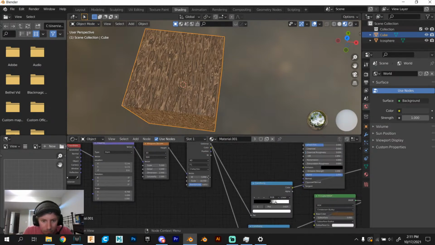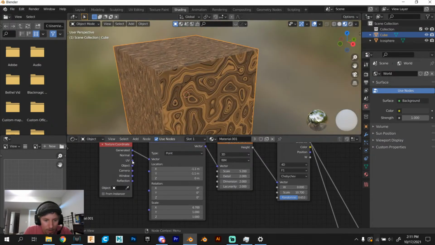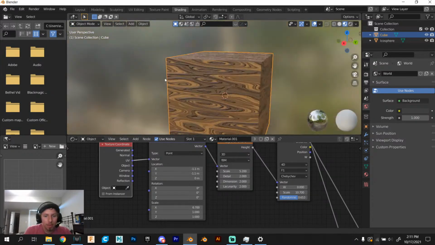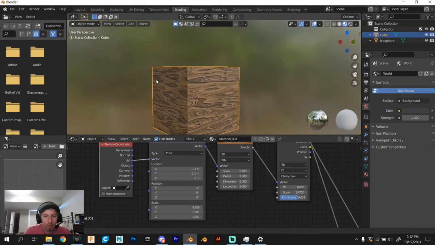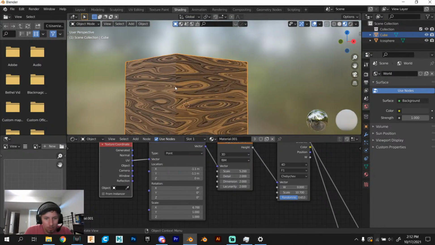There we go. So what we can do here is we can say map to the UV. And if it works like it, not like it did last time where it didn't work, it should map it. There we go. So now we have a wood texture. Very easy, but say you don't want those cuts, you can just tab